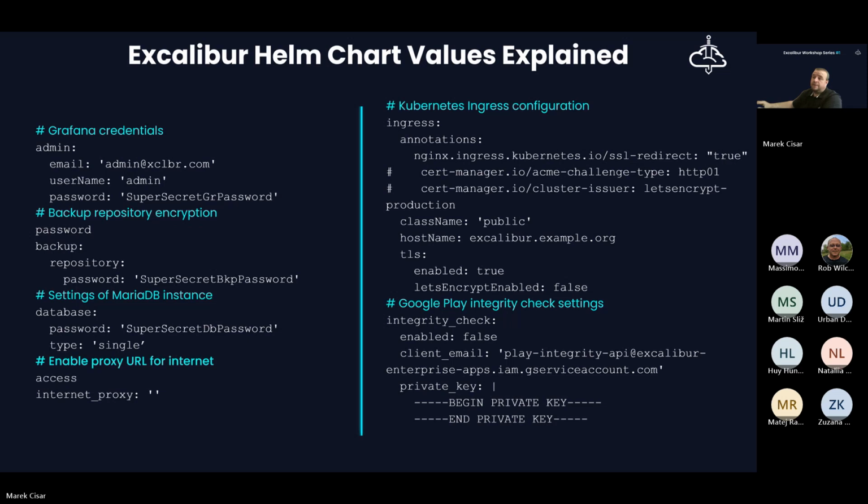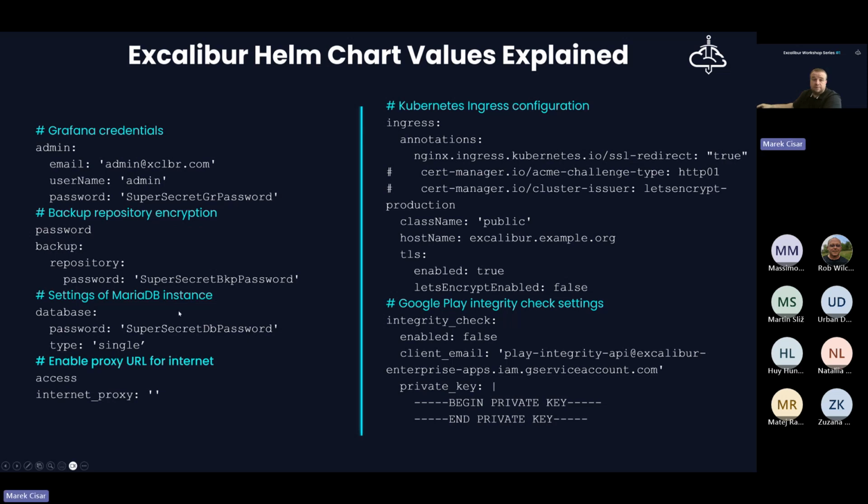Those backups are typically encrypted, so you need to somehow configure the encryption, and this is the way to tell the backup solution with which password or passphrase it needs to encrypt all the backups.